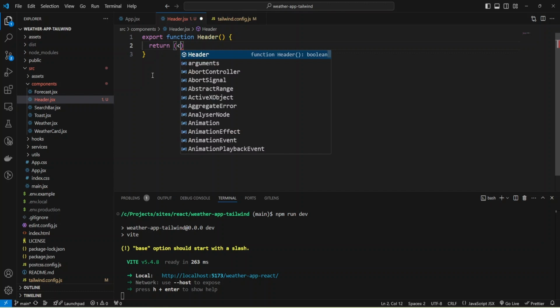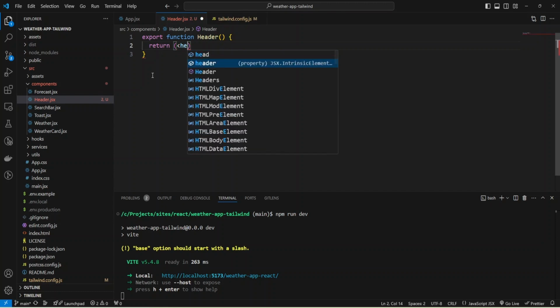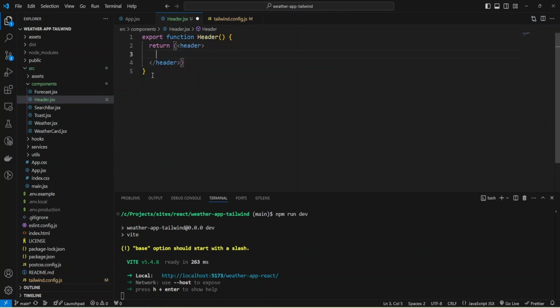I'll use a header tag, and inside this tag I'm going to add an h2 tag and provide the text React weather app, and also I need a button